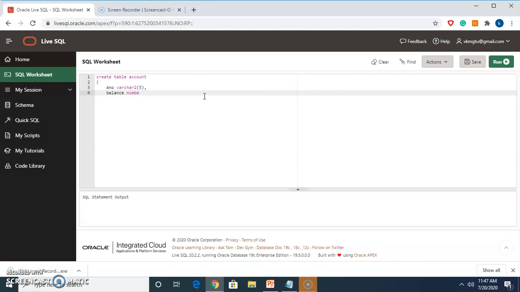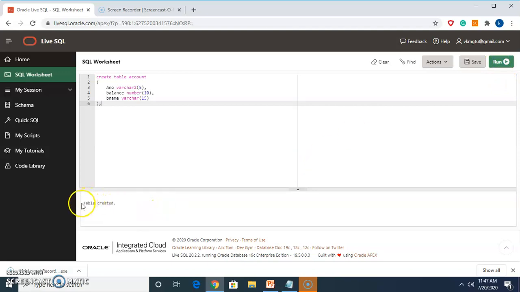Data type is number. Size 10, comma. Third column, B name. Data type varchar2. Suppose I'm passing size as 15. Now no need to write a comma because no more columns are there. So complete the rounded bracket, put the semicolon. Now I'm executing my query. Click on the run command and you will get output like this: table created. So this is my output, table created.